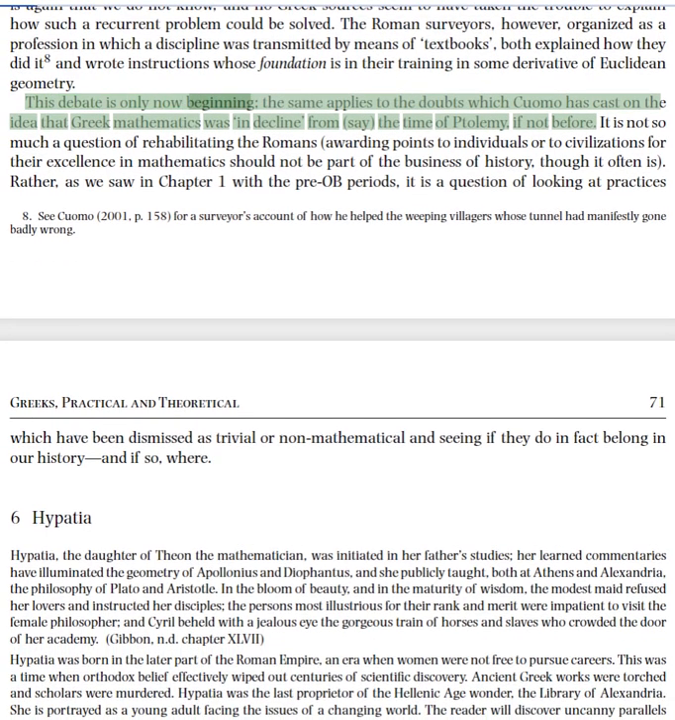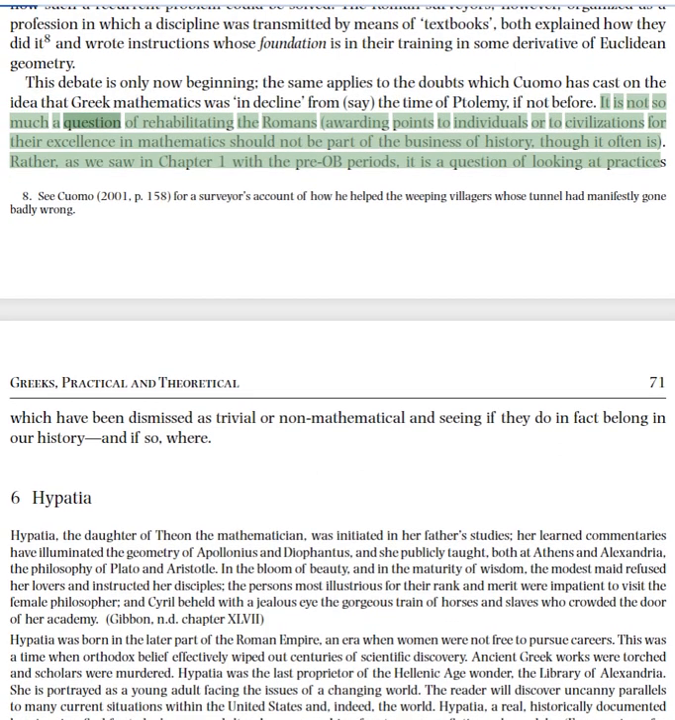This debate is only now beginning. The same applies to the doubts which Cuomo has cast on the idea that Greek mathematics was in decline from the time of Ptolemy, if not before. It is not so much a question of rehabilitating the Romans. Rather, as we saw in Chapter 1 with the pre-OB periods, it is a question of looking at practices,